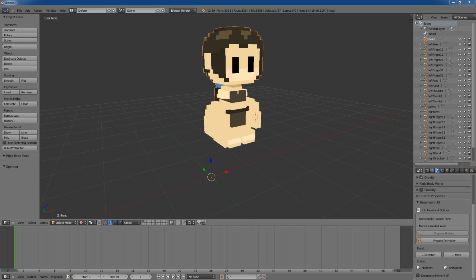And there we go, almost. Sorry for that. So if I open the skeleton files, and you have them in the folder structure of Stonehearth,